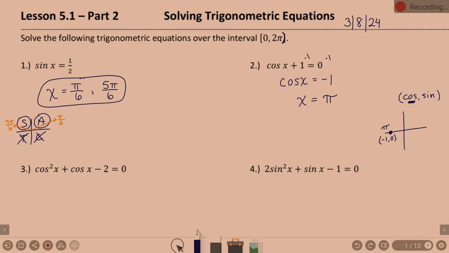We'd have 1, 0. We'd have 0, 1, 0, negative 1. Does it ever equal negative 1? No. Now, we can say pi. Technically, if we go around the unit circle again, we could say 3 pi. We could say 5 pi, 7 pi, so on and so forth. But this is why I'm only asking you to give answers on the interval 0 to 2 pi, because otherwise